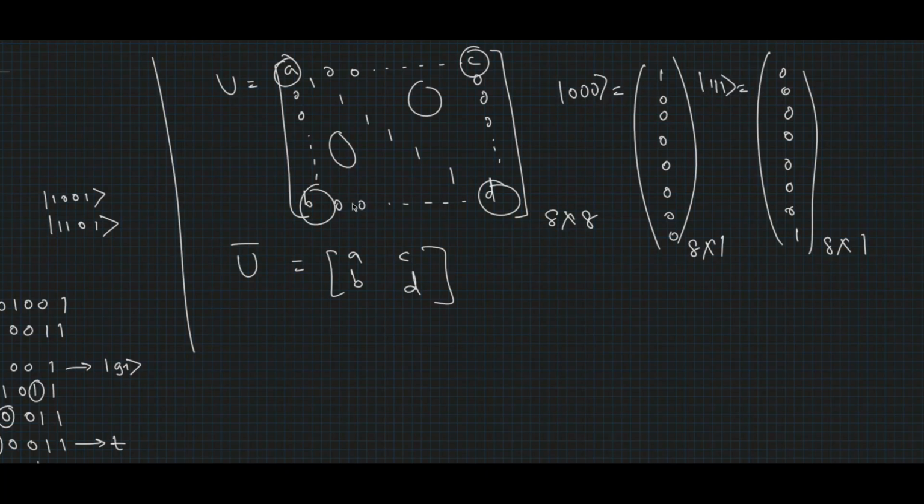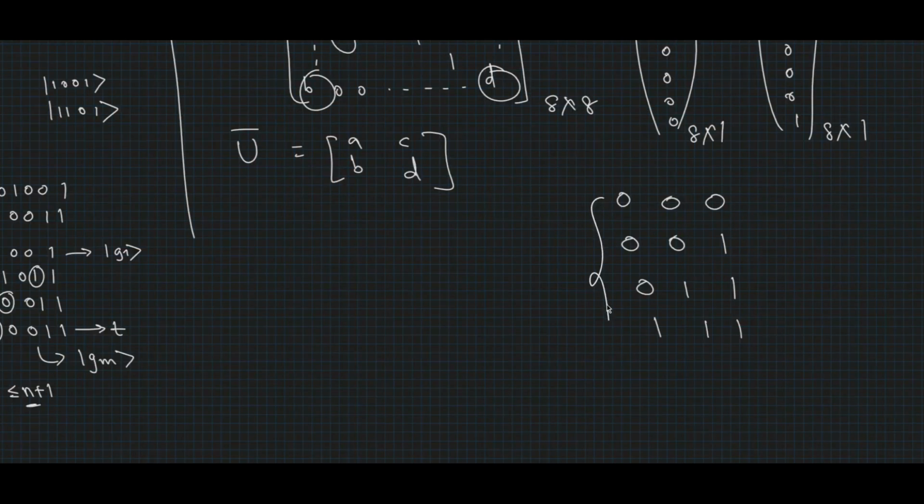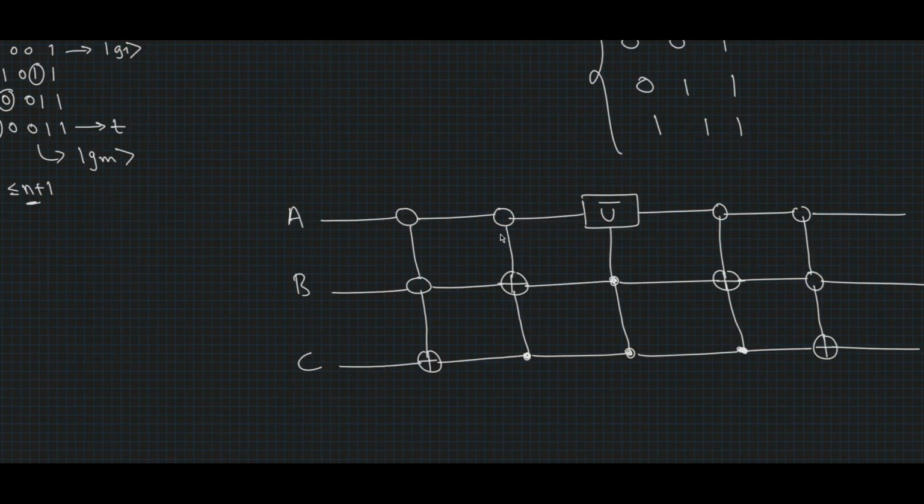So the gray code connecting the states 000 and 111 is given here. We can name each qubit that is changing A, B and C, such that each step differs by only a single qubit. The quantum circuit required for this operation is given by this circuit with A, B and C, where this U bar unitary operator operates on the target qubit.